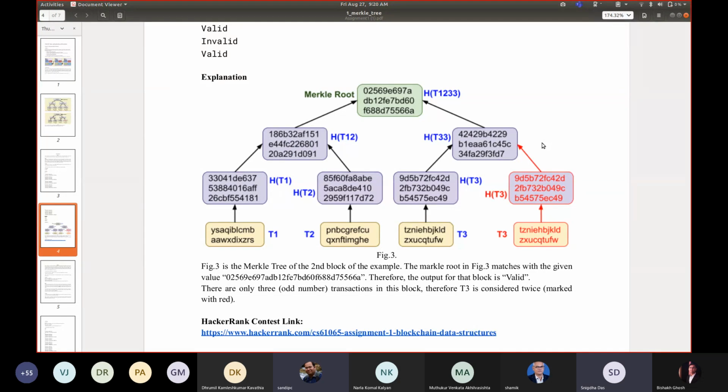Once you get 3, the last node in that level needs to be duplicated to make it 4, and then proceed further. So level-wise, if there is an odd number of nodes in a particular level, you duplicate the last node to make it even, then proceed.